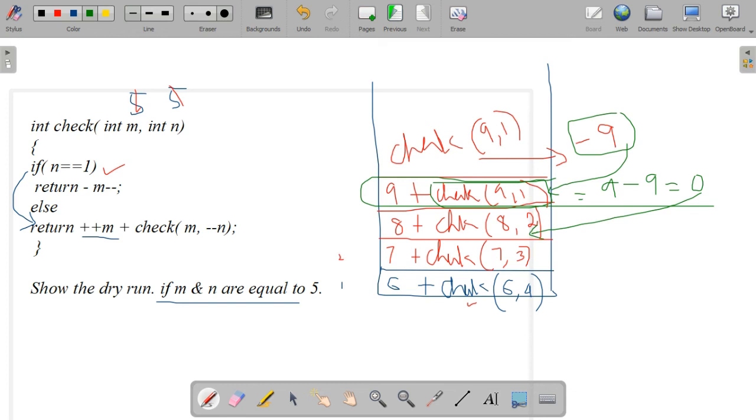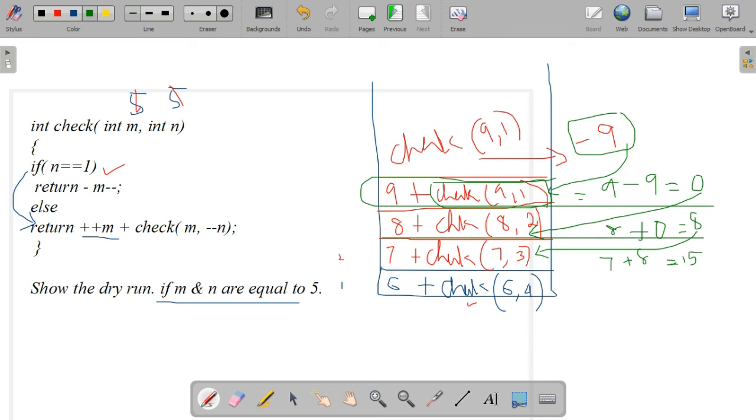And this belongs to which method? Check of 8, comma 2. So how will we write? 8 was the value there. So 8 plus 0. 8 plus 0 equal to 8. So this 8 is the value for this entire frame. That is, it is for the check of 7, comma 3. 7 plus 8. 7 plus 8 equal to 15.